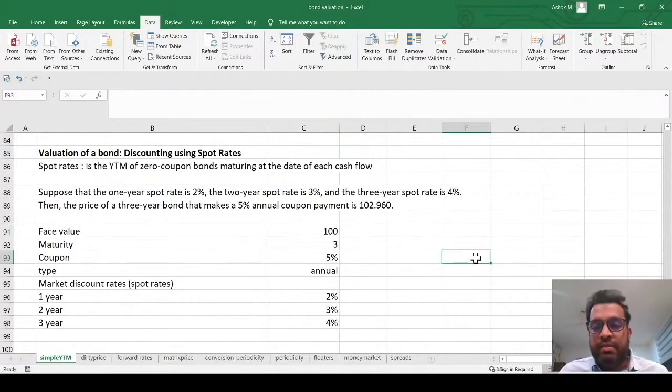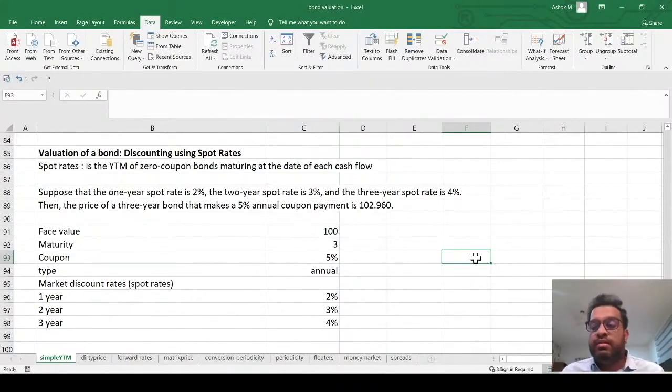In reality, the people who provide us spot rates, like the benchmark company Financial Benchmarks India Private Limited, are the ones who supply the spot rate, and they use mathematical techniques because you don't have zero coupon bonds maturing across all the maturity time periods. For example, you may not have a zero coupon bond maturing in 18 months, but you may have one maturing in 24 months. So you do something called bootstrapping. It's a mathematical technique of filling the gaps in the term structure. So what you should know is that spot rate is derived from a zero coupon bond which is a treasury bond.